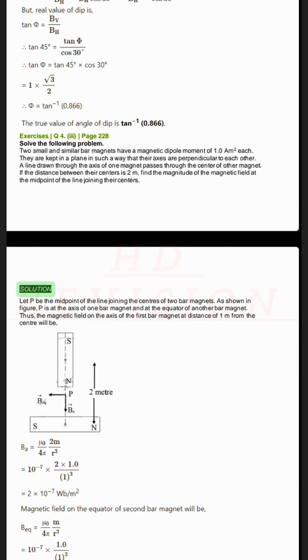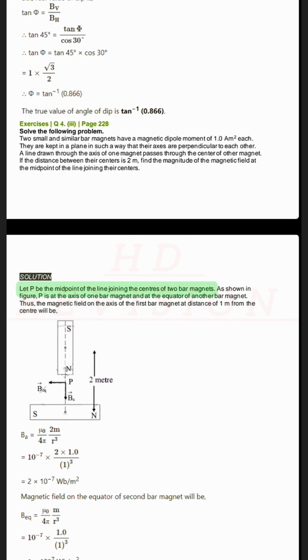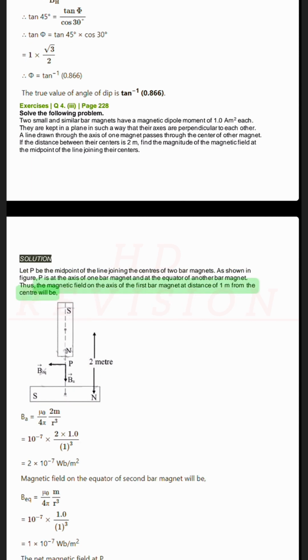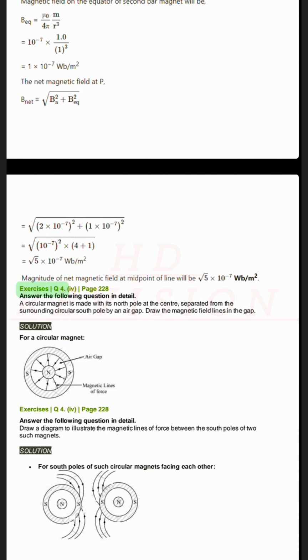Solution. Let P be the midpoint of the line joining the centers of the two bar magnets. As shown in the figure, P is on the axis of one bar magnet and on the equator of the other bar magnet. Thus, the magnetic field on the axis of the first bar magnet at a distance of 1 meter from the center will be